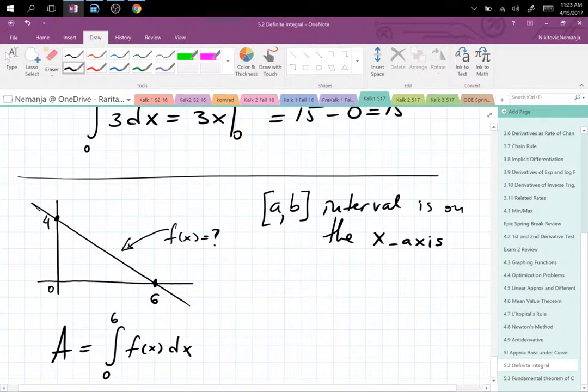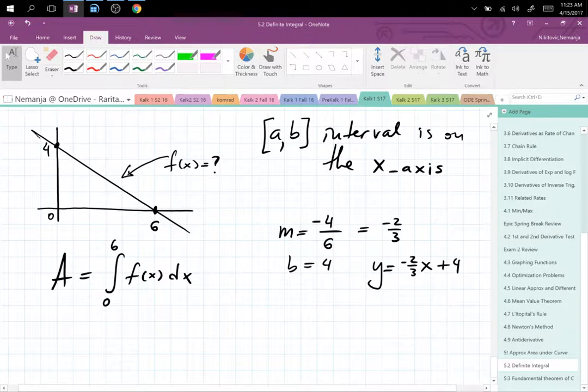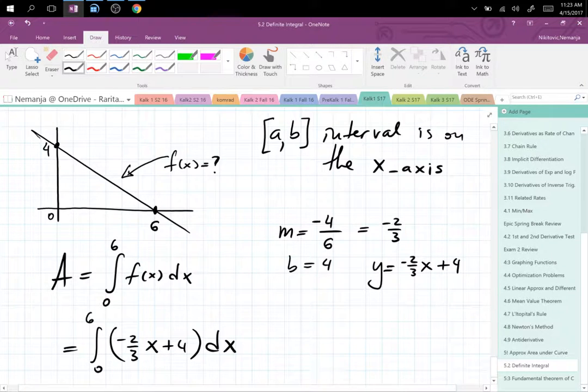It's a line. You can find the equation of the line. So what do you do? You say we have slope, which is rise over run, go up 4 over 6, and it's negative because it's falling to the right. So the slope is negative 2/3. And what else do you know? You know that the y-intercept b is 4. So immediately y equals negative 2/3 x plus 4. There's your function. So the integral from 0 to 6 of negative 2/3 x plus 4, all of that in parentheses, times dx